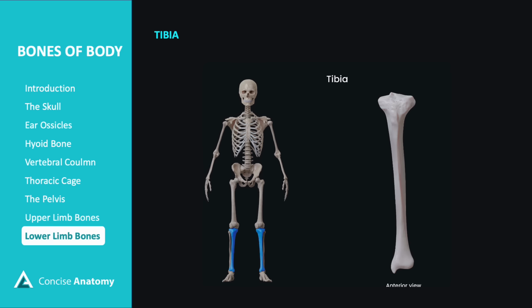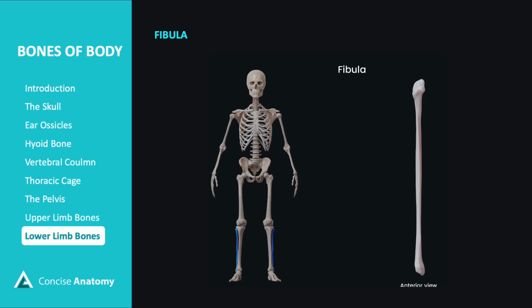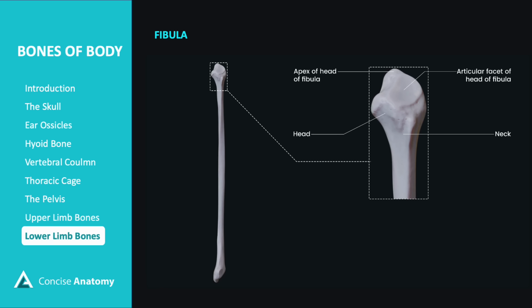The tibia is the larger and stronger of the 2 bones in the lower leg, located medially, and bears most of the body's weight. It connects the knee joint with the ankle joint, articulating with the femur at the knee and the talus at the ankle. The fibula is the smaller lateral bone of the lower leg, running parallel to the tibia. While it does not bear significant weight, it provides support and stability to the leg and serves as an attachment